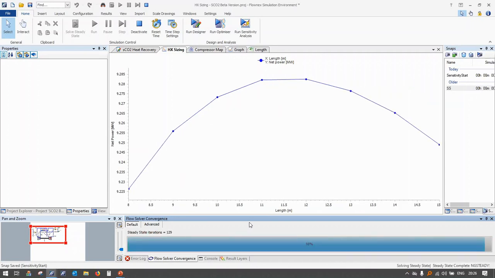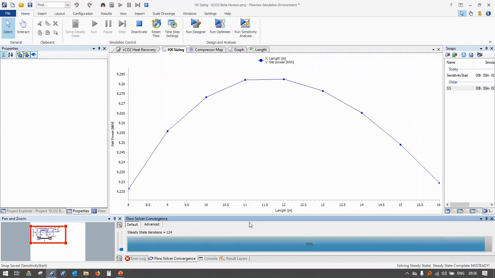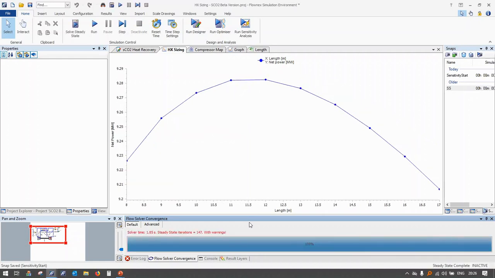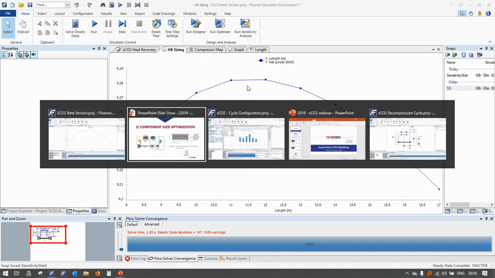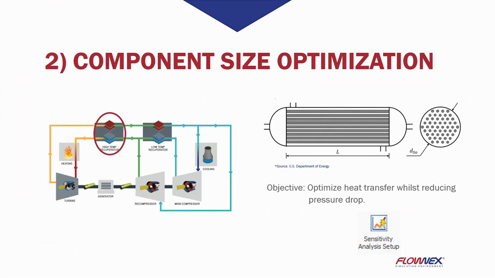We will just wait for the simulation to finish. And there we go. As we can see from the chart, the most net power that our cycle can deliver is at a point where the recuperation length is about 11.5 meters. Again, this is a very powerful feature that the engineer will find very useful in determining various cycle parameters. If we jump back to our presentation,